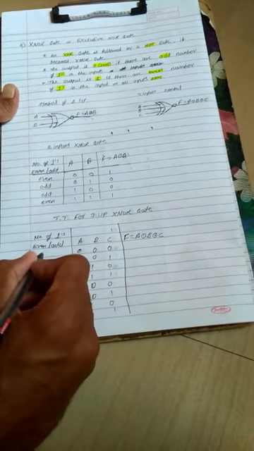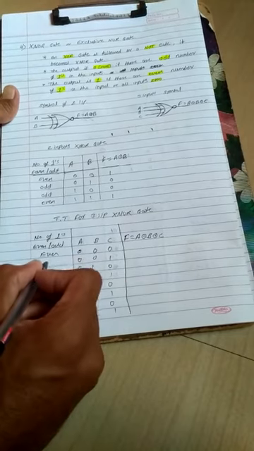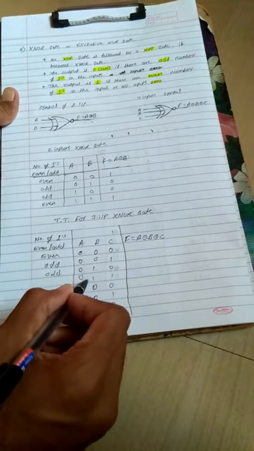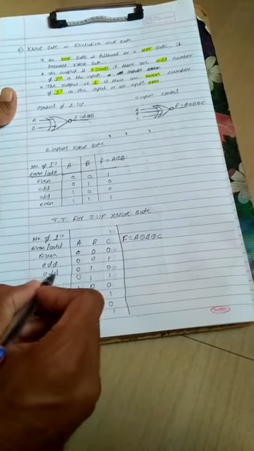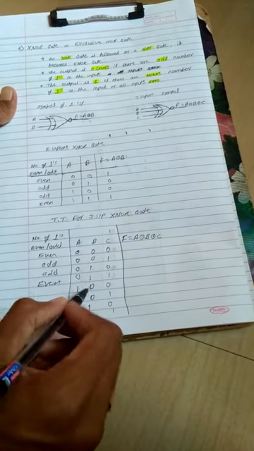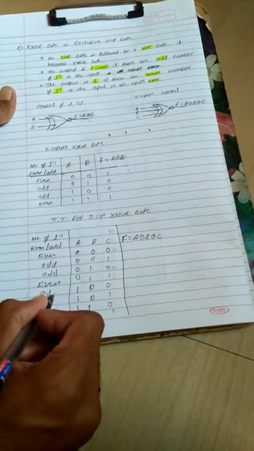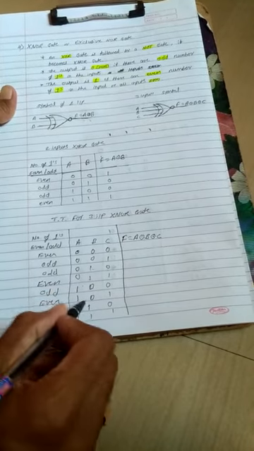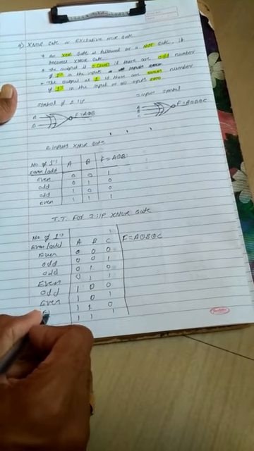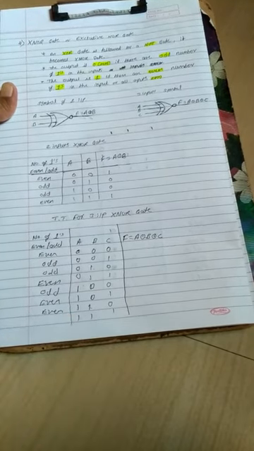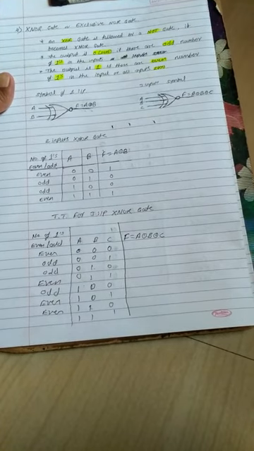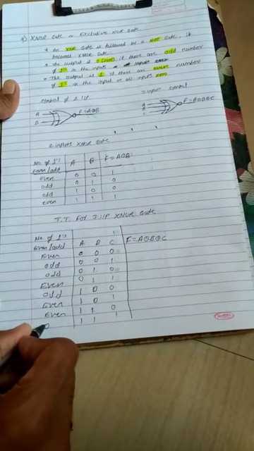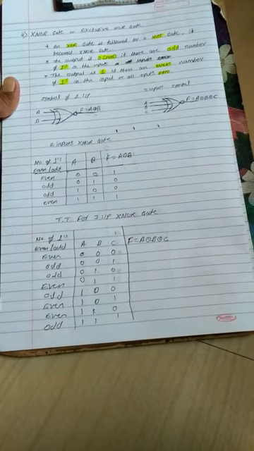So first is even, I will write here even. Second is odd. This is even, since 1 is there 2 times. 1 is only once, so it becomes odd. 1 is there 2 times, it becomes even. 1 is there 2 times, it becomes even. 1 is there 3 times, it becomes an odd number, because we are going to count only ones, not zeros. So 1 is there 3 times, so it is an odd number.